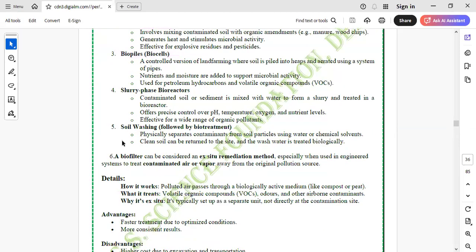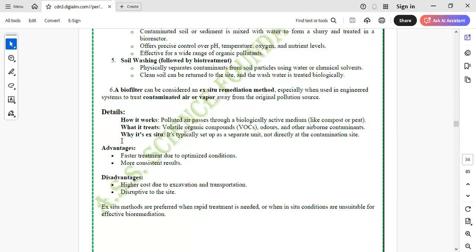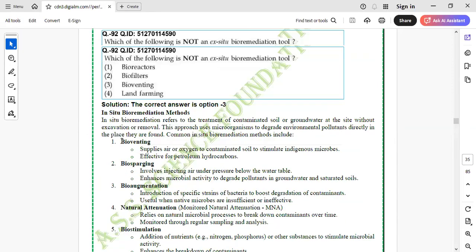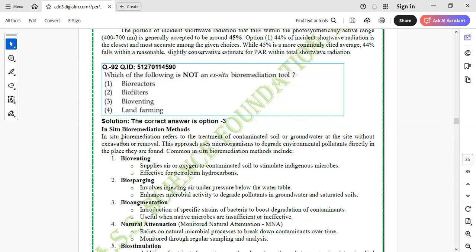तो क्वेश्चन की चॉइस बड़ी सिंपल थी, राइट, है ना? बायोफिल्टर्स को भी आप देख लेंगे तो 6 नंबर ऑप्शन है, इसके एडवांटेजेस क्या है, डिसएडवांटेजेस क्या है, राइट, है ना, ex situ में। तो यहाँ पे सिंपल सा क्वेश्चन पूछा था आपसे कि which of the following is not an ex situ method। तो आपको दिख रहा है बायोवेंटिंग जो है वो तो आपका, लैंड फार्मिंग इज, 1 बाय 1 चलते हैं। बायोरिएक्टर ex situ, मैंने मेंशन कर दिया है। बायोफिल्टर ex situ, right? Land farming ex situ,